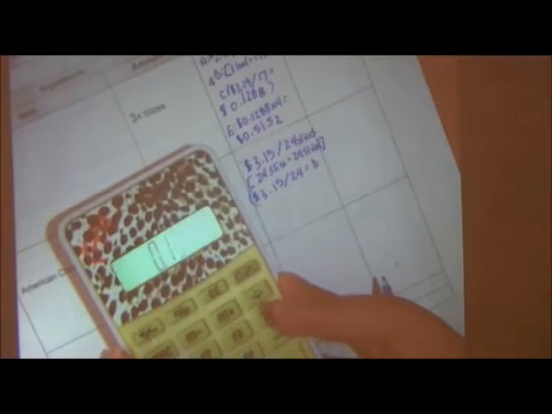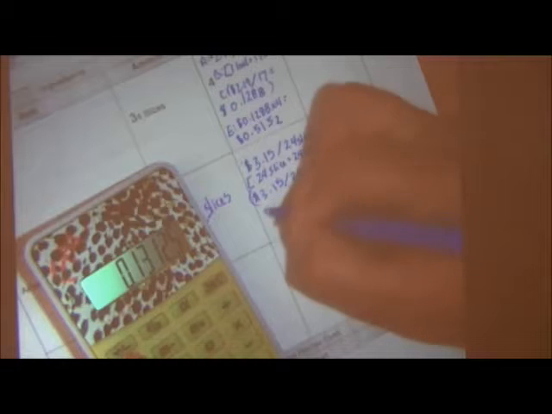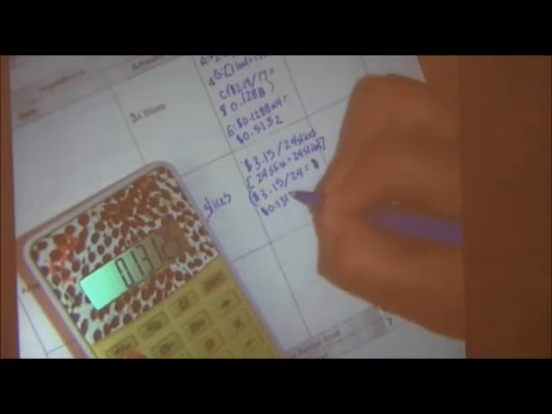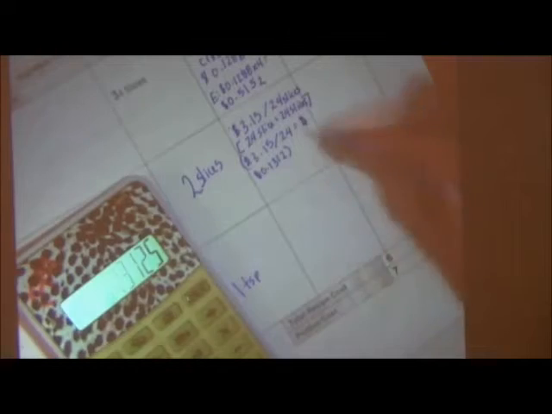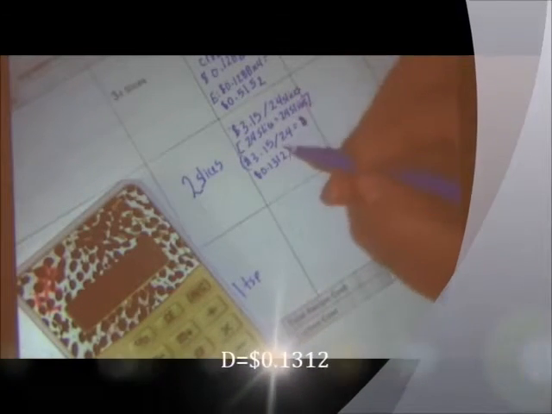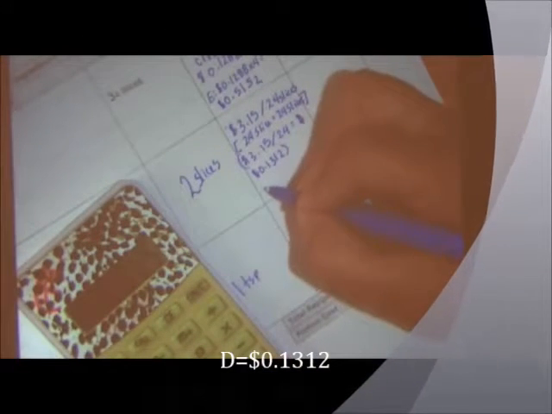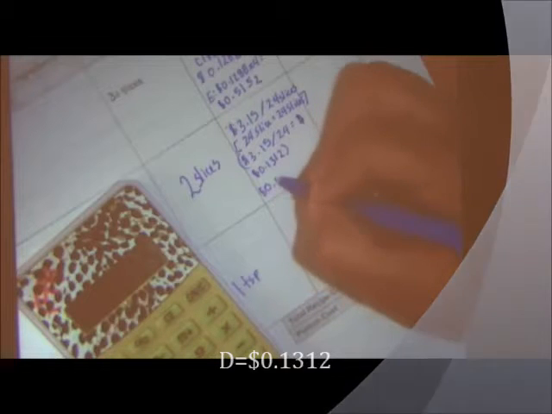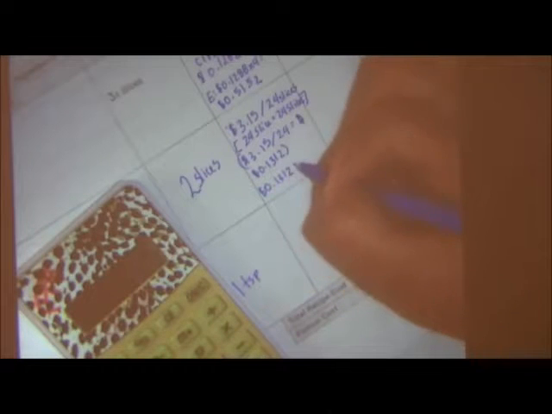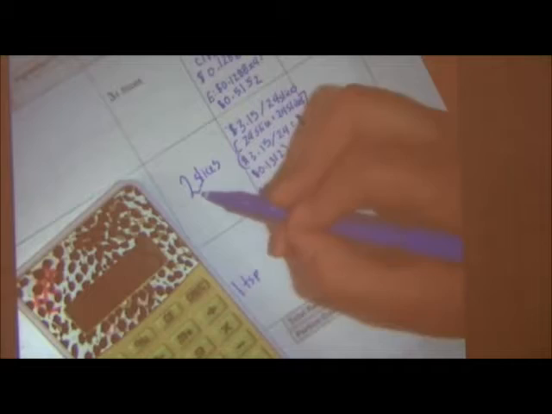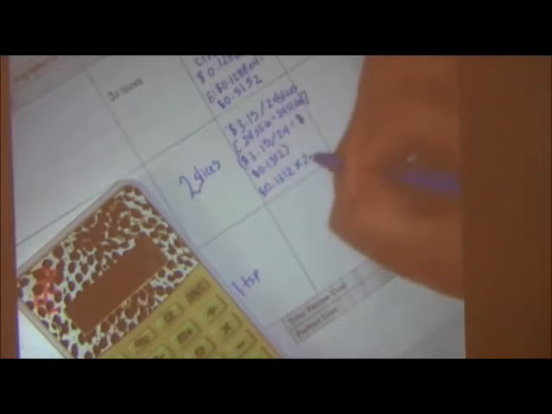0.131. We'll move that over here. 0.1312. Okay, now we're going to do E. So remember, we have to multiply that. So E would be 0.1312 times 2 slices. So 2 equals